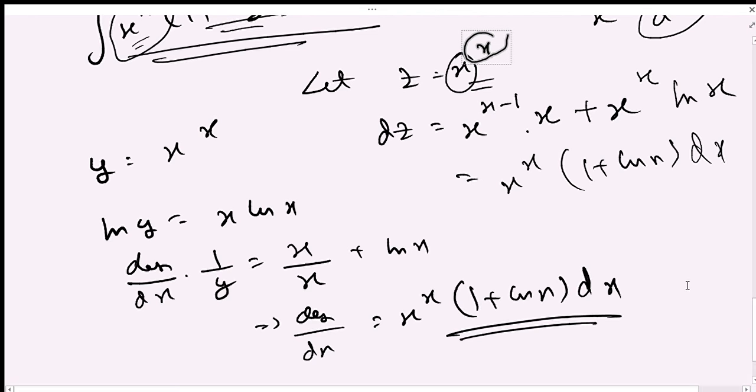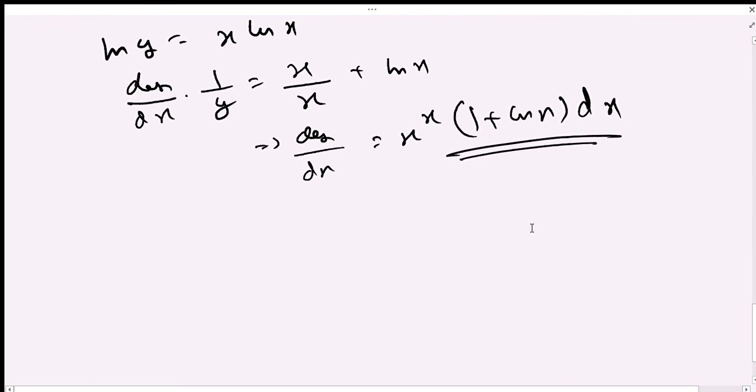So from here we can substitute. You had considered x to the power x to be z. Clear? And what is your dz actually? This complete form is your dz. When you have considered x to the power x to be z, see what happens here: you get this term, z over 1 over z dz.